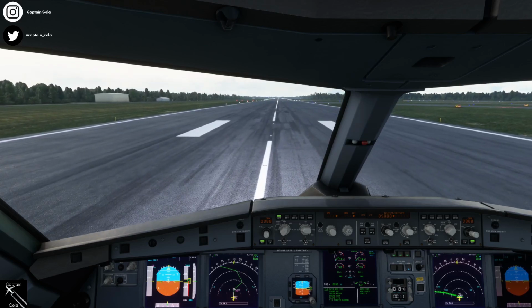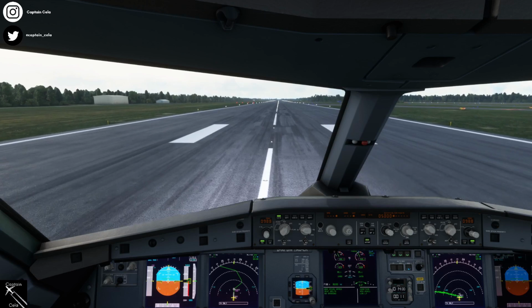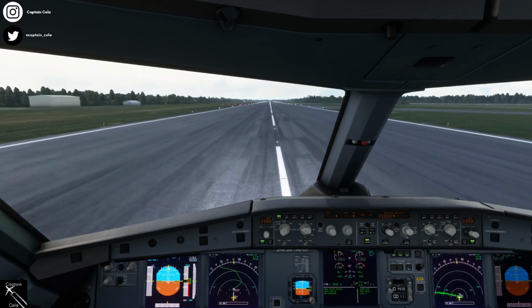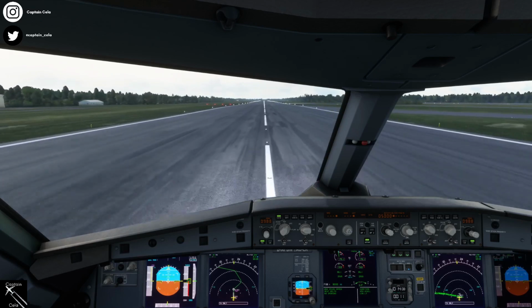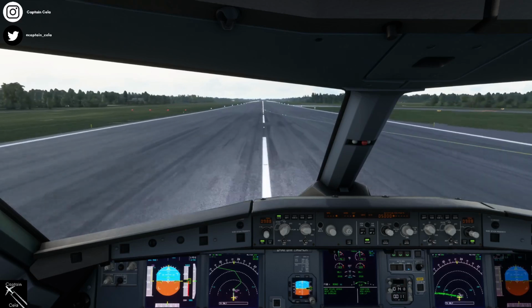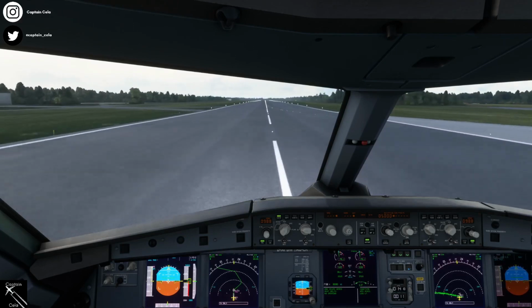Straight down the runway. Thrust 40. Stable, brakes off, take off. Slight forward pressure, speed taper low, 60 knots. 80 knots, 100 knots, 120,